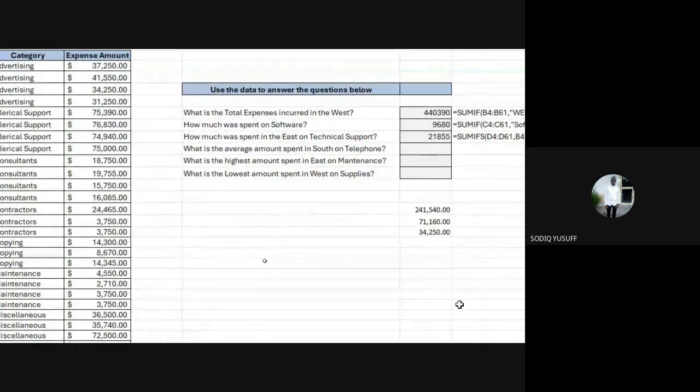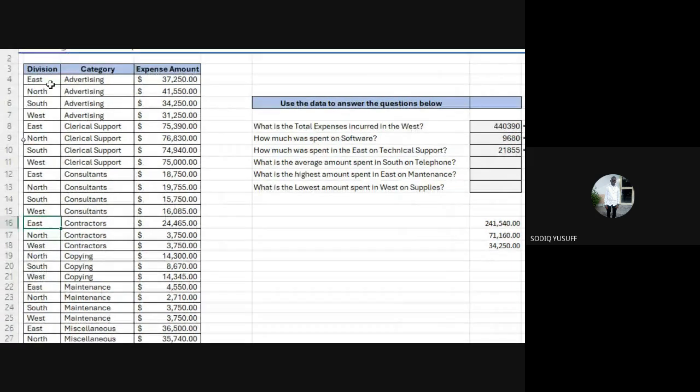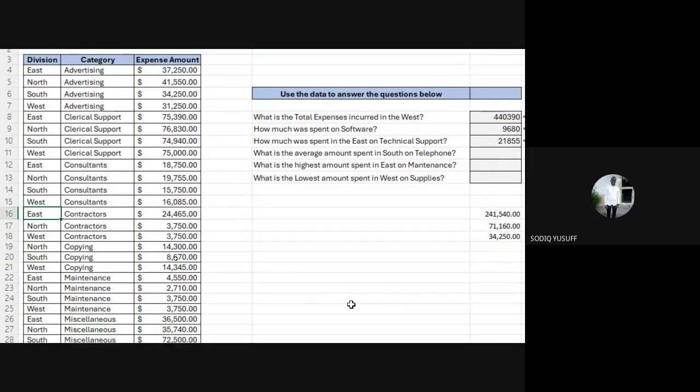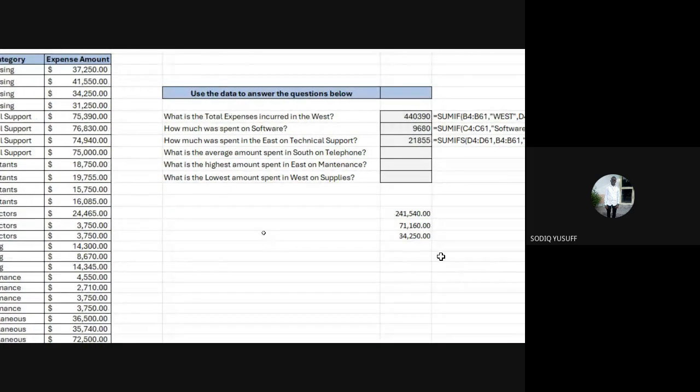So to do this, because we want to know the number of occurrences, we use the count function. Just that in this case, we are not counting everything on the division column. We only want to count the number of occurrences of East. So there's a condition to it, therefore we're going to use the COUNTIF function. Equals COUNTIF.